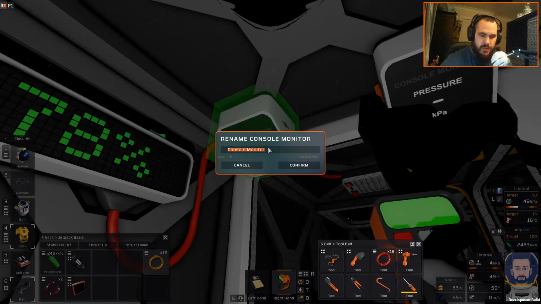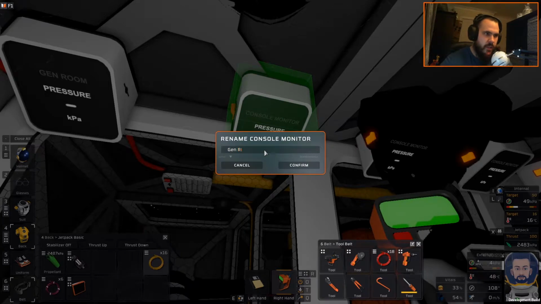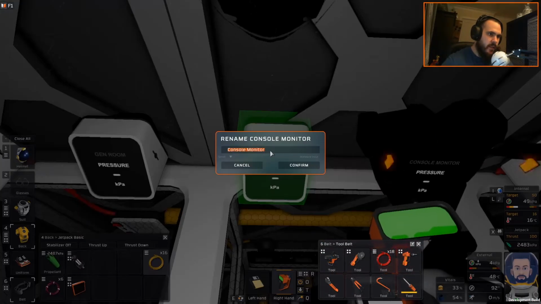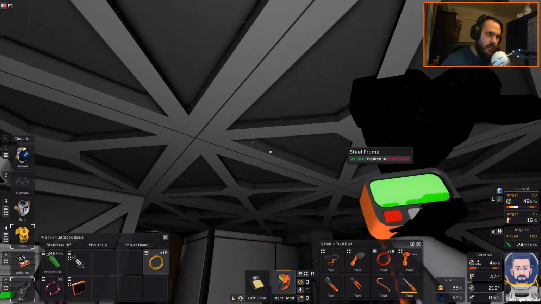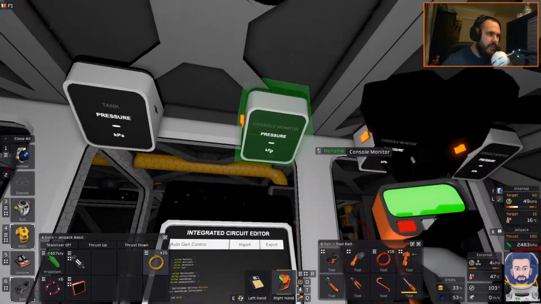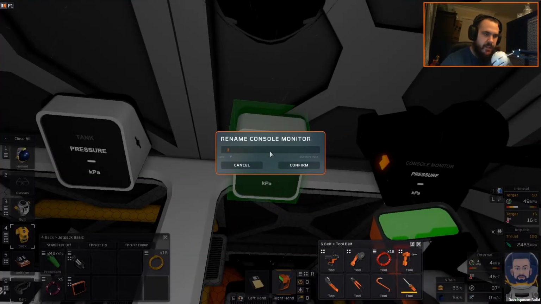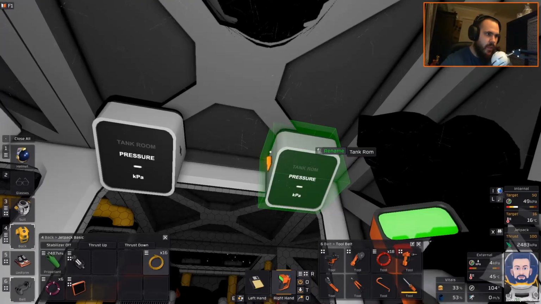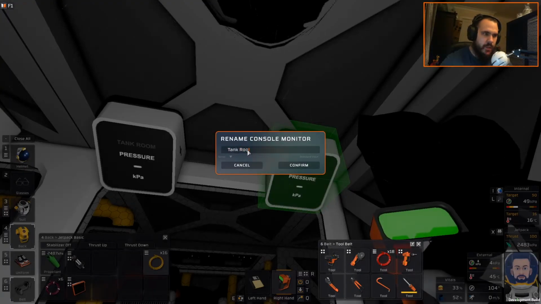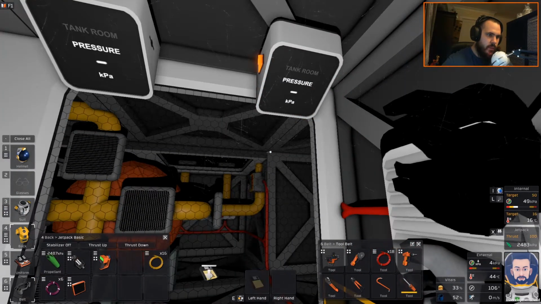This is going to be generator room, generator room, tank, tank. Where we go? I knocked the mouse. Tank. Tank room. And tank room. Tank room. Tank room. Thank you. So we're going to do